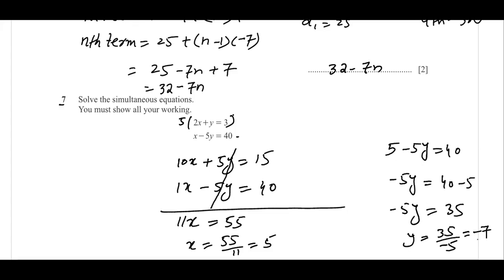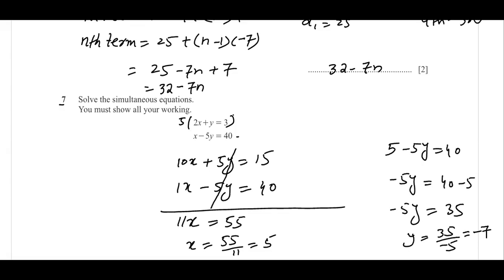So it means the value of x is 5 and the value of y is minus 7. You can verify this also, and the way of verification is very simple. Just put the values in the given equation, from where you can verify it. So that is clear. Very simple question again.